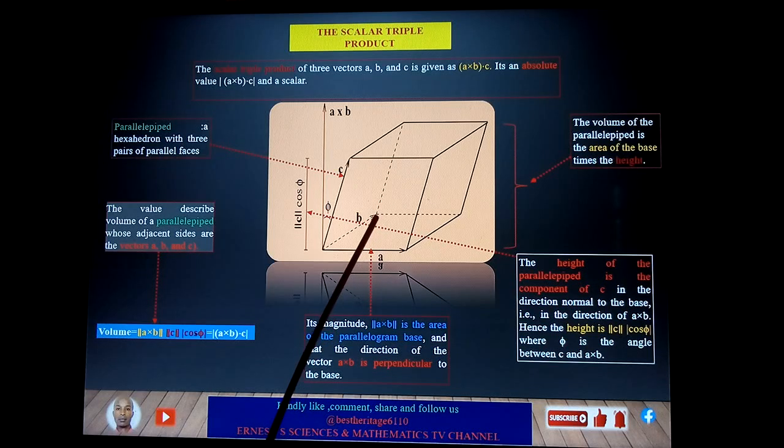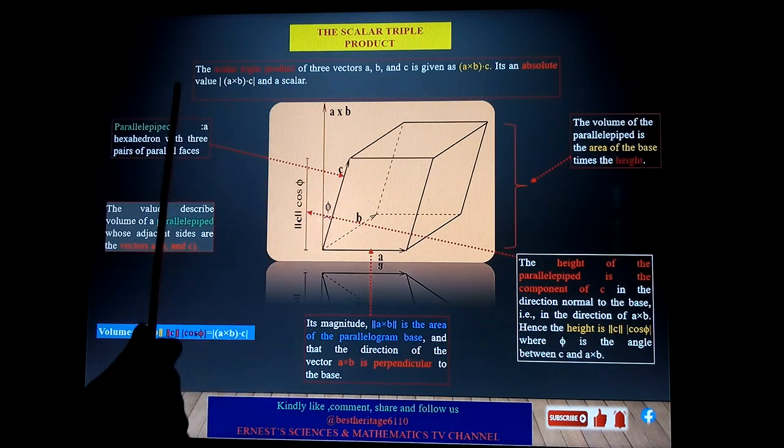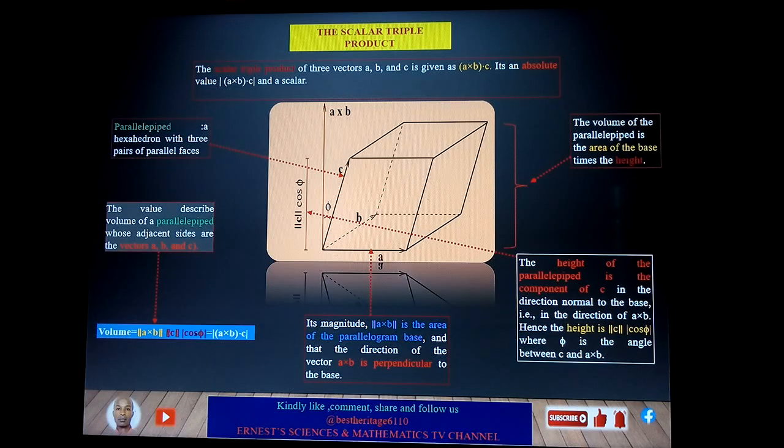If we look at this, of course, we're going to see that this displays some aspect of what we refer to as a rectangular coordinate system, which displays either the right or left hand, the 2 basic types of rectangular coordinate systems. Now in a parallelepiped, we're going to see that the scalar triple product of these vectors